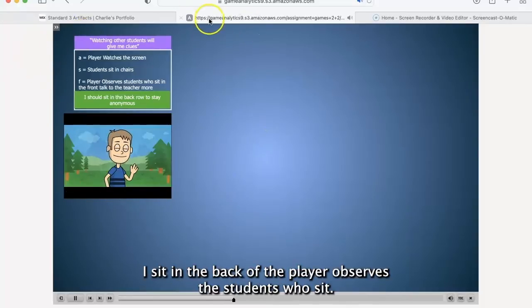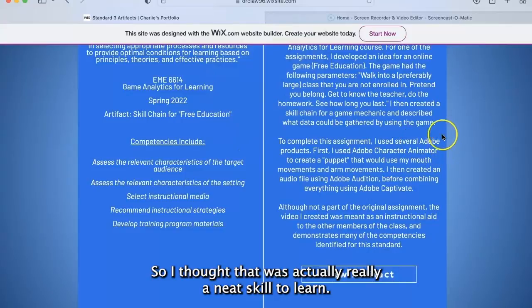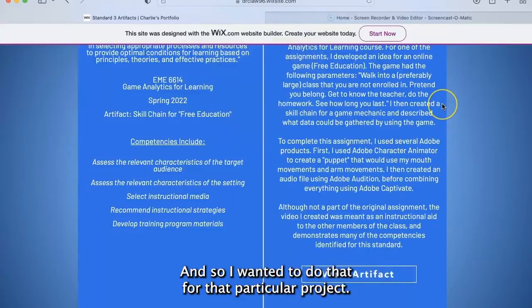and some sit in the back. The player observes the students who sit. So I thought that was actually really a neat skill to learn, and so I wanted to do that for